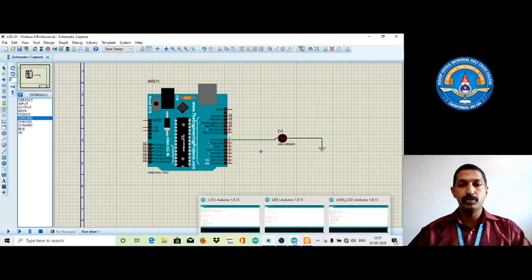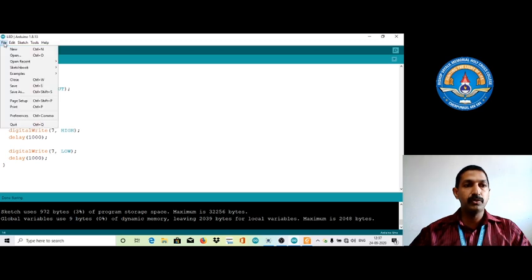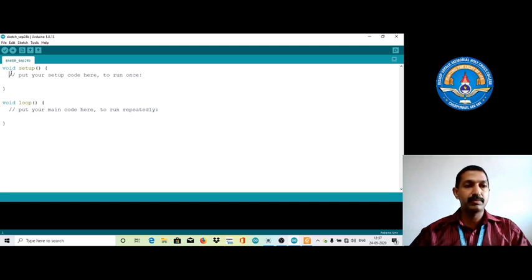Next, we go to the LED programming part. For that, we are selecting the Arduino code. The Arduino code has two parts. The first one is the setup part and the second one is the loop part. The setup part means we need to initialize the pin numbers and so on, and the loop part means continuously executing parts. Whenever we select a new window, we can see that nothing is here except the void setup and the void loop. These are the default things.